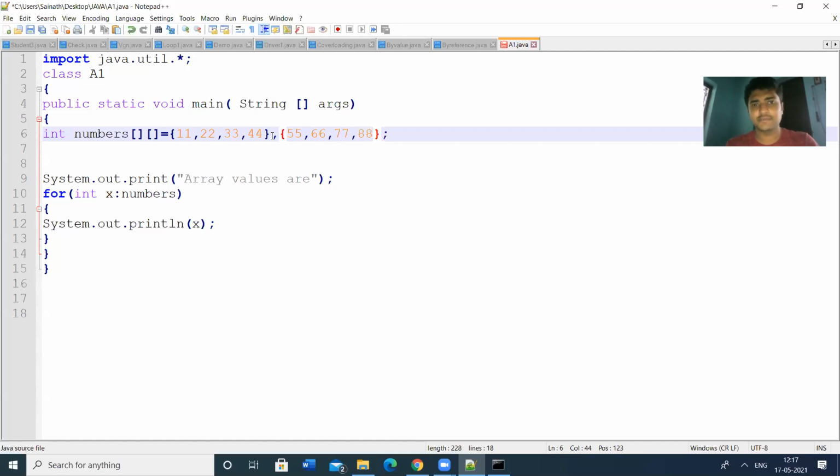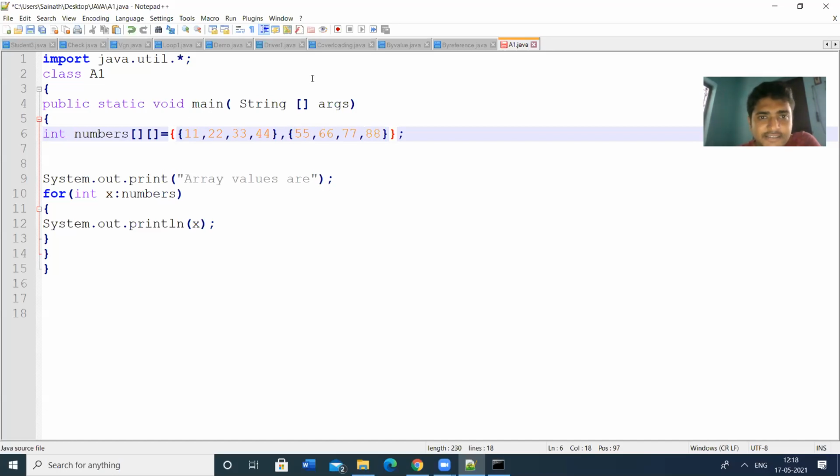So this is the second dimension. Both these dimensions can be given within another set of curly braces. So this is the two-dimensional array.